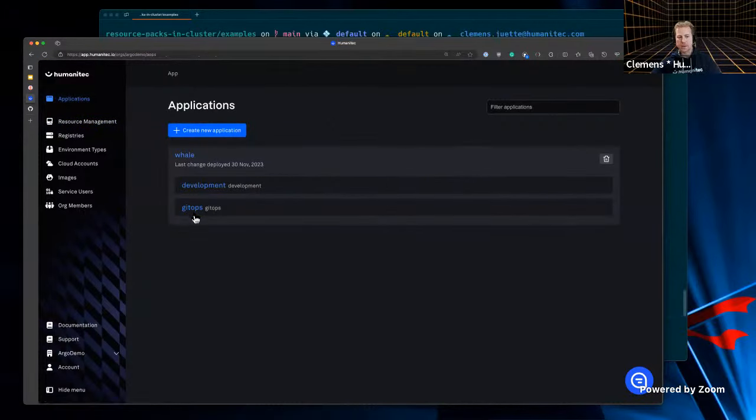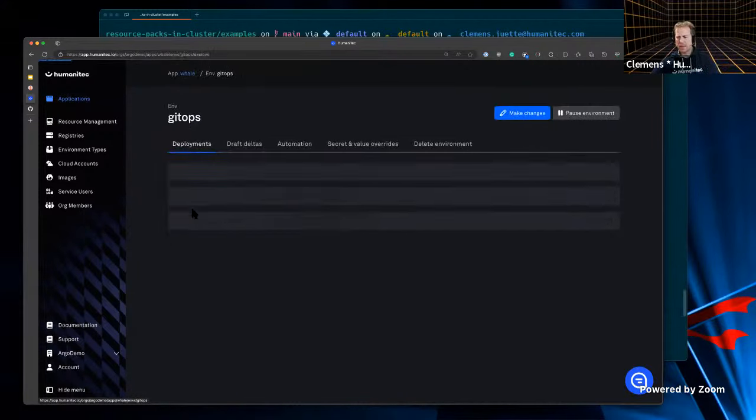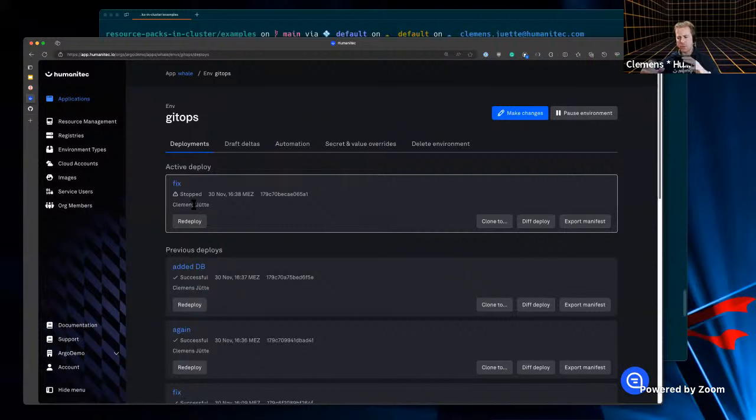I can do that in 2 ways. I can either do it like a developer, or I can do it like somebody who is a little bit more in a clicky flow. And I'm going to be in the clicky flow for the moment. I could also just change the score file and redeploy that one. I'm going to do it like this now.